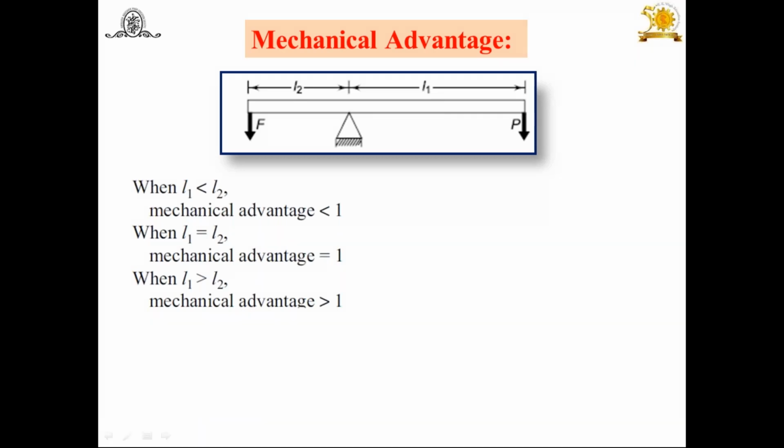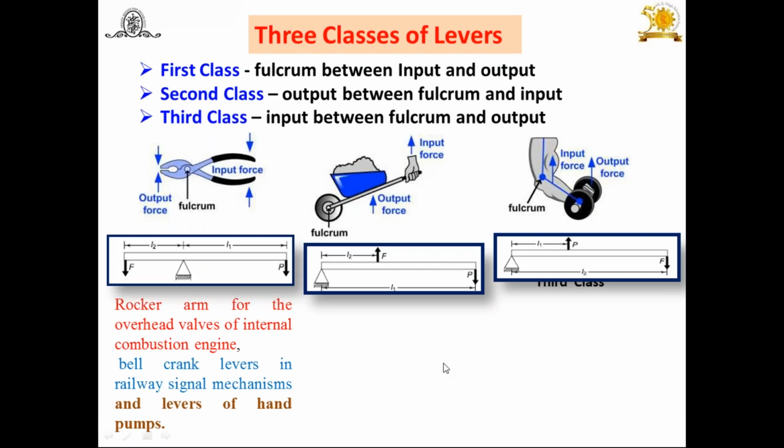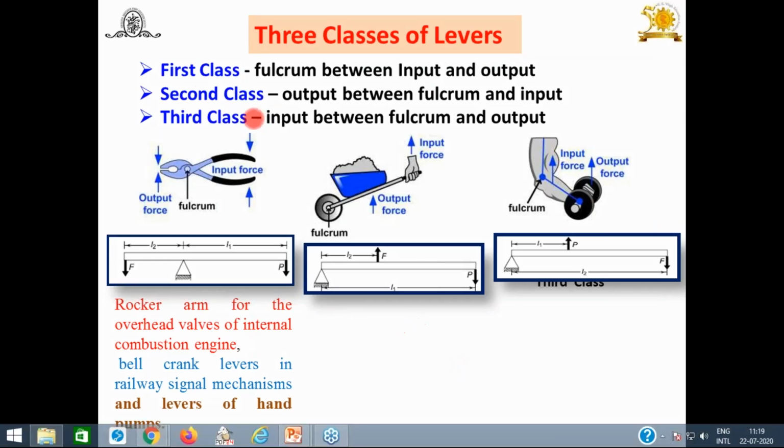Now let us see the three classifications of levers. The first type is the first class. We discussed it yesterday also, but let us repeat it. First class lever, second class lever, third class lever are also known as first type, second type, third type lever. Look at the first figure, at the cursor. In the first class, this is a fulcrum, P is the effort, F is the force. The fulcrum is in between. P, the effort, means input, and the output is F. This is known as the first type.